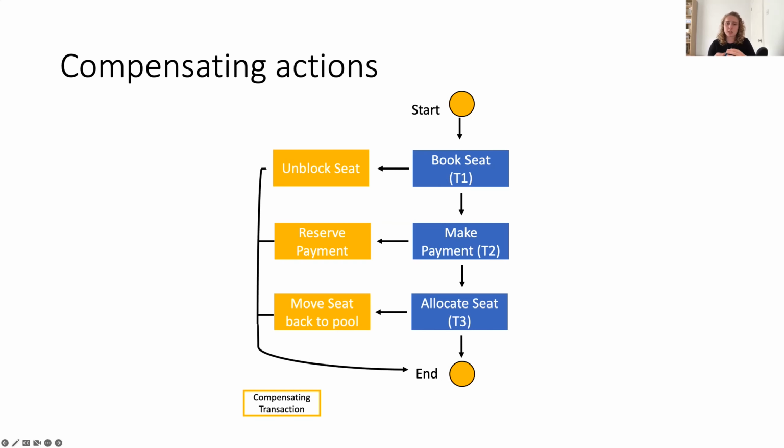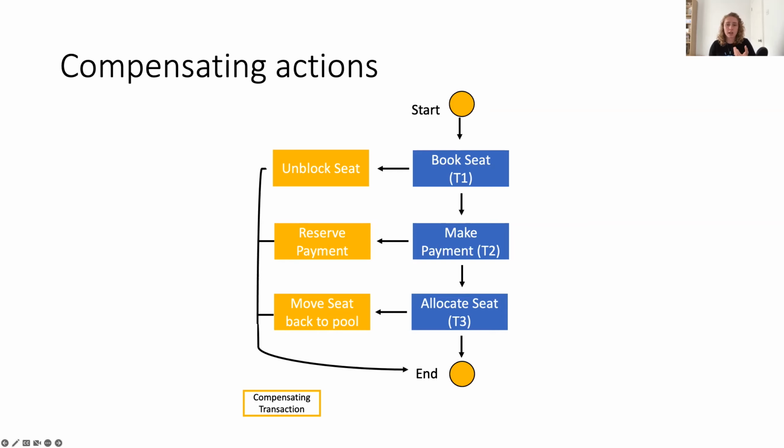Another thing that I mentioned with this is that there are different ways of coordinating sagas. There's one which is choreography, and there's one which is orchestration, and it really depends on your implementation of Saga as to which one you'll be utilizing, as well as your application. It might make more sense, if you have, for example, fewer microservices involved, to go with a choreography approach, because it doesn't get as complex, it can be quicker, and you don't have a single point of failure. However, if you've got lots of microservices involved, then it might be more worthwhile going down the orchestration approach. So it really depends on the tools you're using and also the application you're designing.